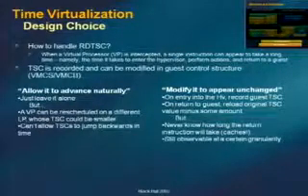So likewise, we had the idea that we can always modify it and make it appear like it's never changed. Essentially, when the processor is taken away from the guest, record where the timestamp counter was,